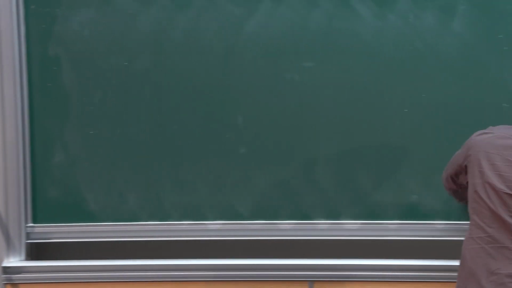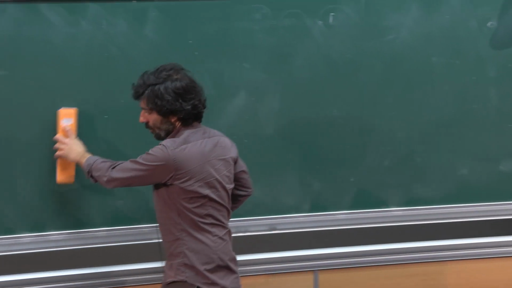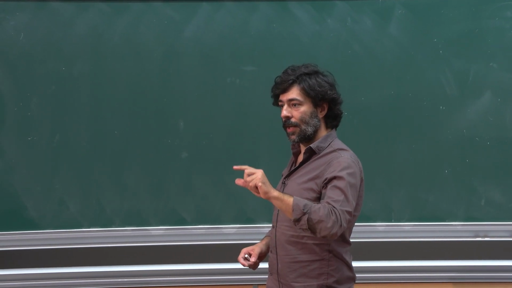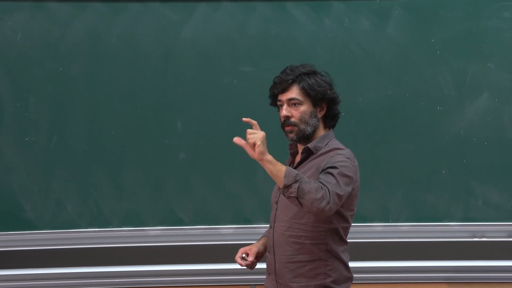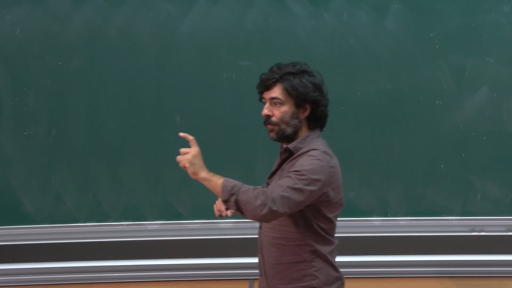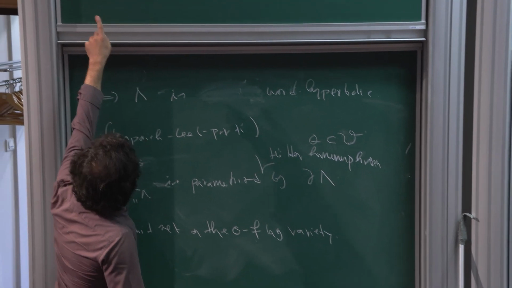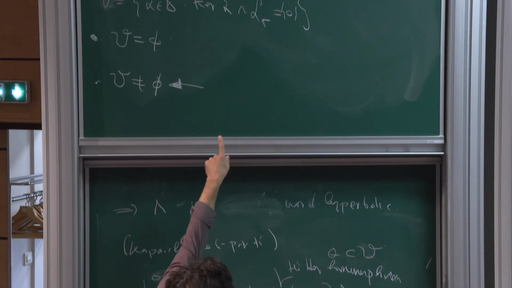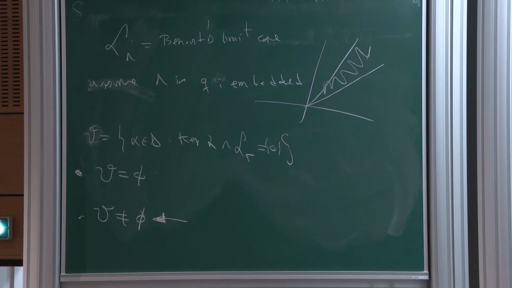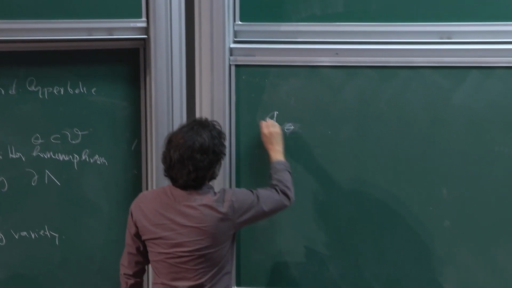Okay, so what happens now? Now we look at this subspace. This is very elementary, but when you have a matrix that has a gap between the first two eigenvalues, this implies that you have a very good control on the first eigenvalue. And so having a gap on theta, which is essentially saying that the elements of theta don't intersect the limit cone, is going to give you excellent control on certain combinations of eigenvalues. So this is where this space now appears,